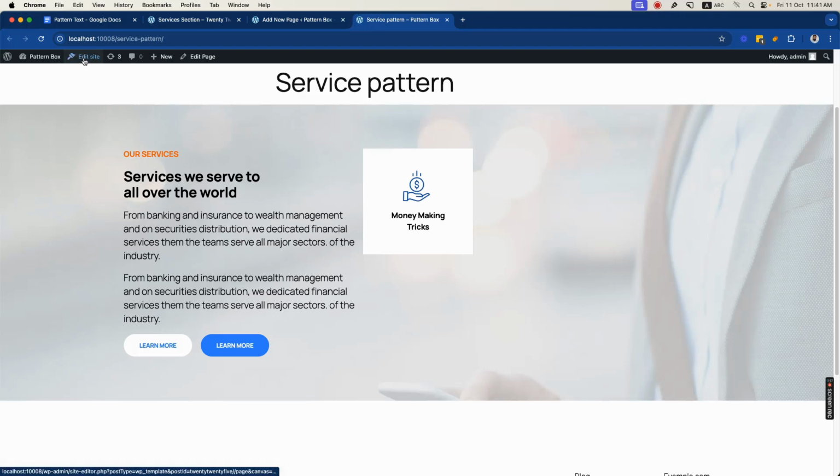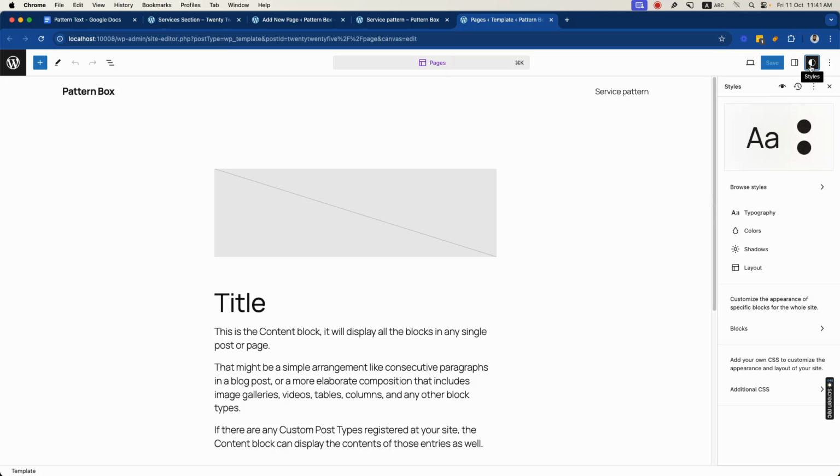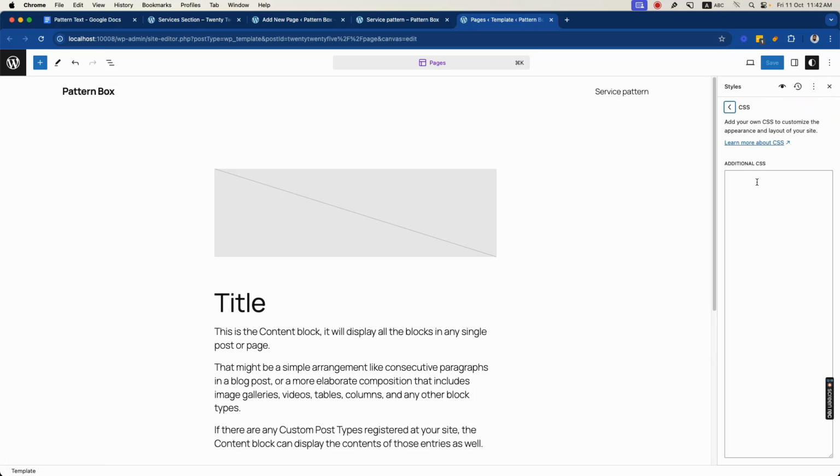So I will just click on edit site. Let's open it in a new tab, and here we will visit the styles section. In the styles section you will see this triple dot, and click on additional CSS. So here I will add this plus, and then when someone hovers on this item box, the image